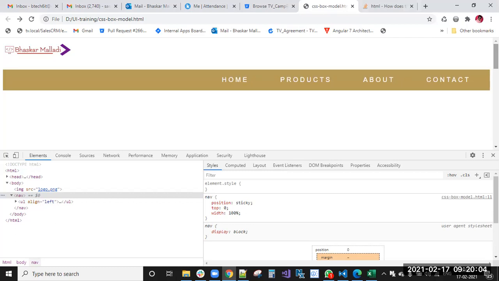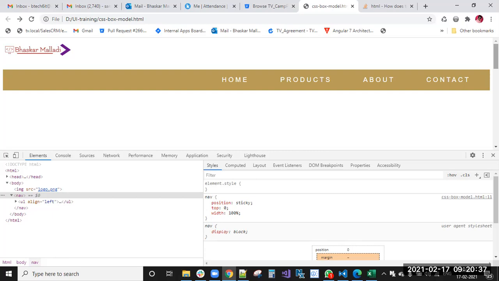First, position relative: if you apply top and left positions, the element moves from the place where it is positioned, and similarly for right and bottom. Absolute means it will follow the relative element. First it will check whether the parent element has the position relative property. If it does, it will follow that.